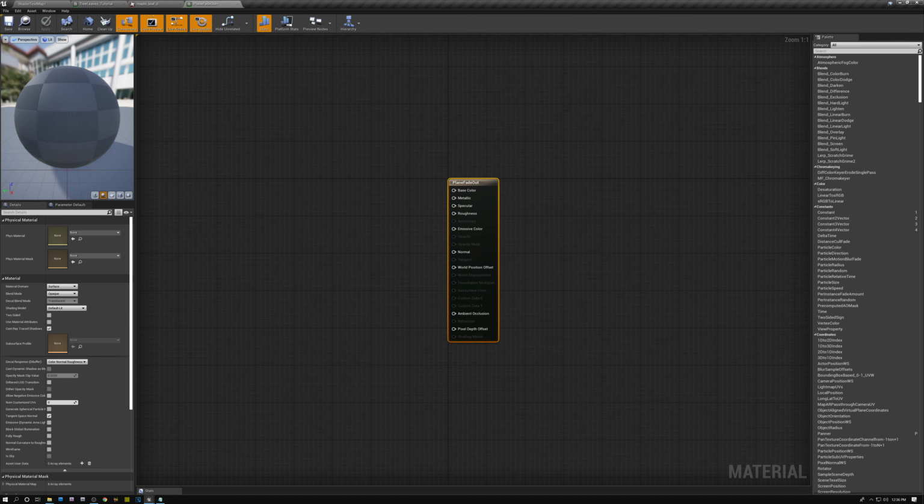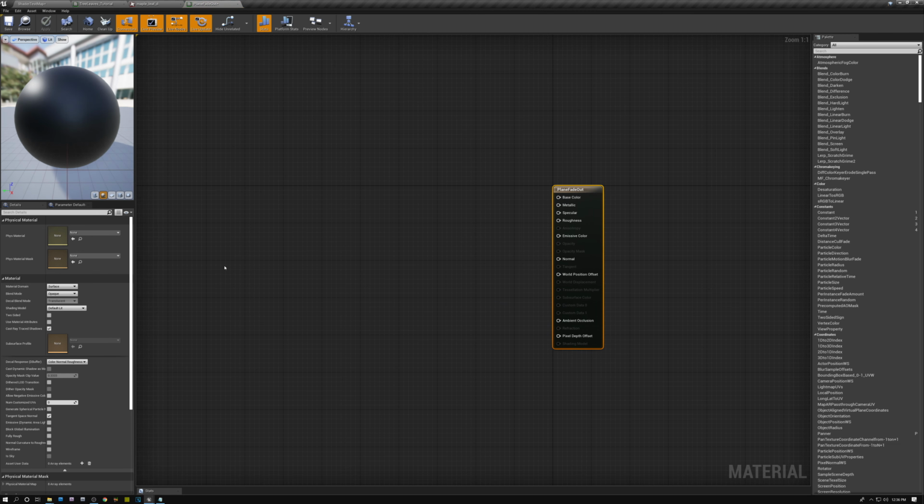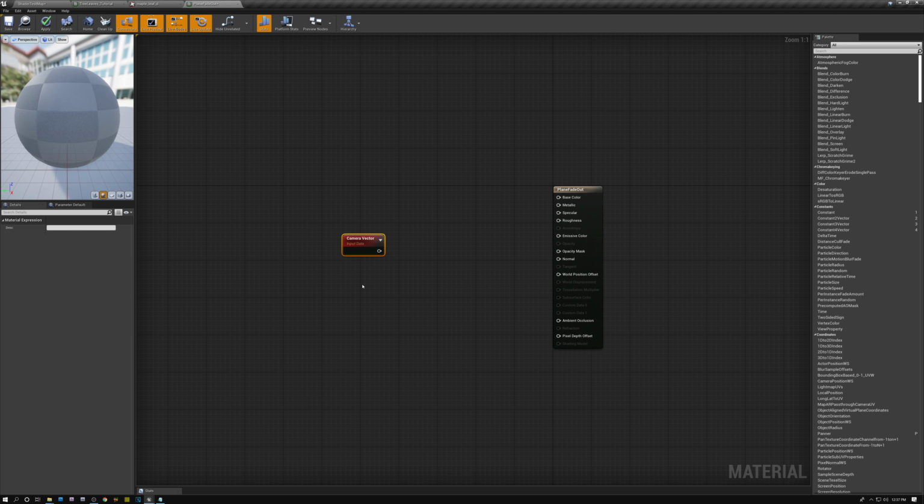And then let's open this material and make it fade out when we're looking at it on glancing angles. So the first thing that we need to do is change our blend mode from opaque to masked, and that will expose our opacity mask pin so that we can make our material fade out. Okay, so I'm going to take the camera vector